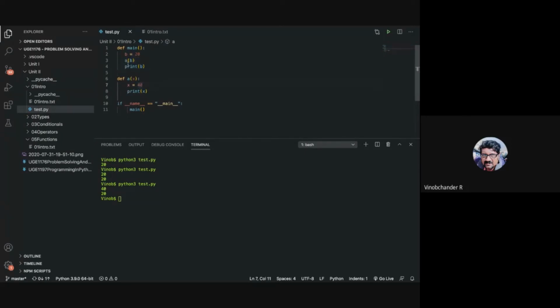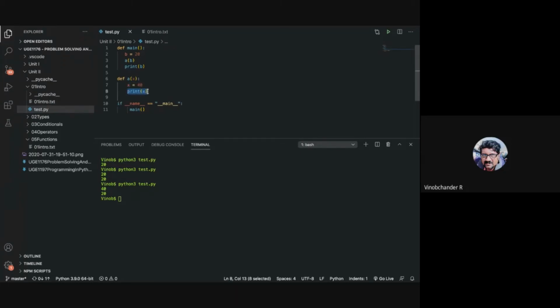So as you can see in this particular example, B is passed here. B has a value 20. A copy of 20 is taken and passed to X. So X has the value 20. Now X's value, which is 20, is changed to 40, and that value is printed.